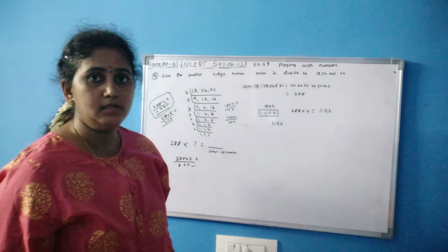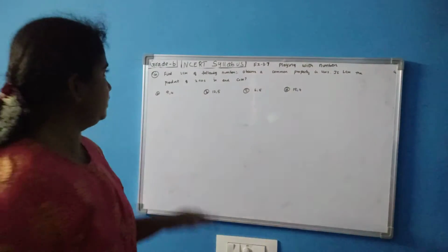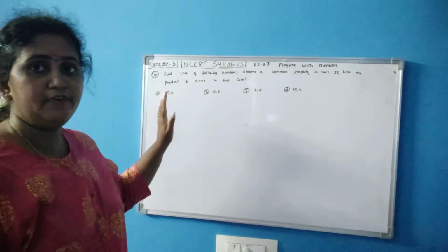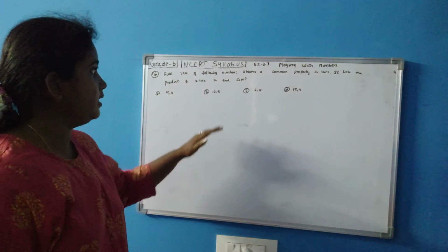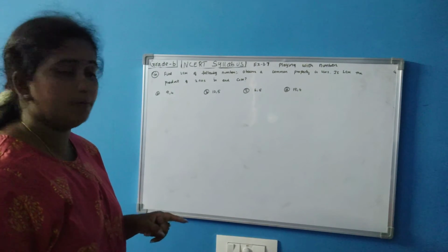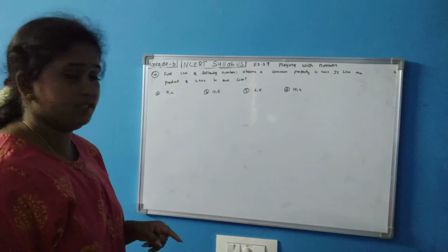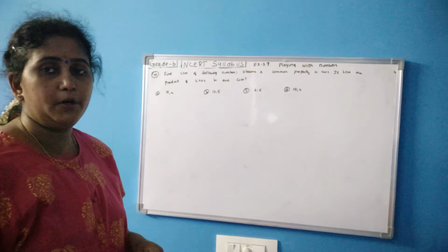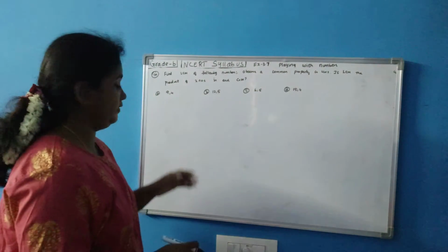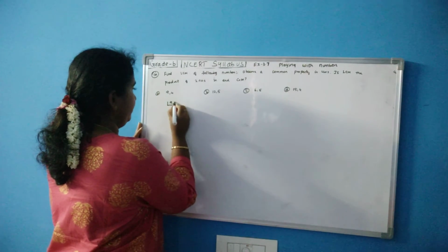Did you understand? Now we will move on to the next sum. So this is your next sum. You are going to find LCM of the given numbers, and you are going to observe a common property in LCM. So what is the common property you are going to observe? Is LCM the product of two numbers in each case? Is the LCM value the product of two numbers they are asking? So let us find. First one I am taking 9 and 4. For 9 and 4 I am going to find the LCM.